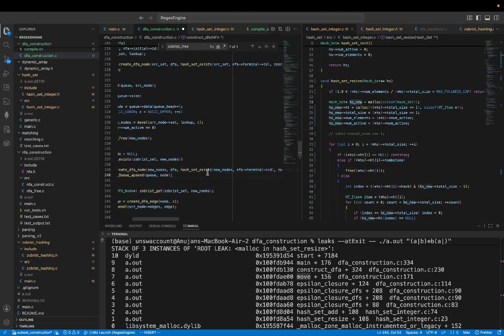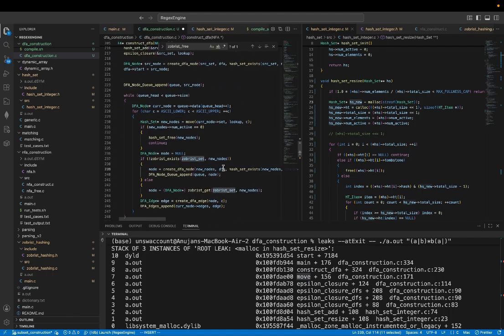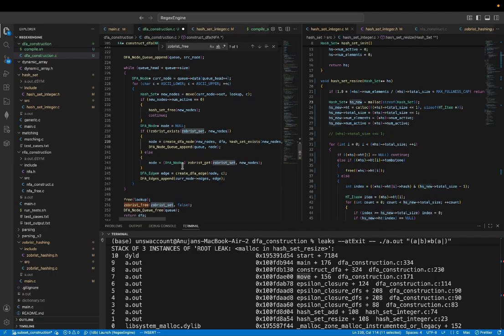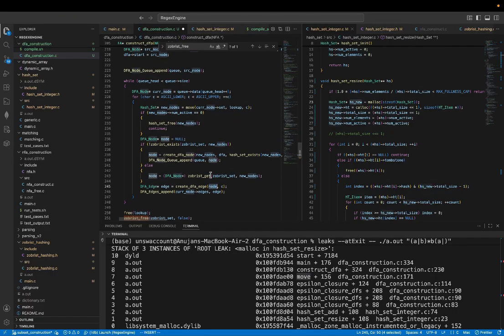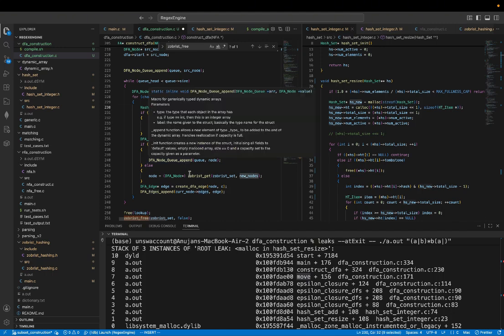Checks if it's finishing and adds it to the Zobrist set. And then we create a DFA node using this new node and the particular character we care about. And we append the edge to the current node from the queue to its edges. So yeah, like that hash set, new nodes, should, in my mind, should